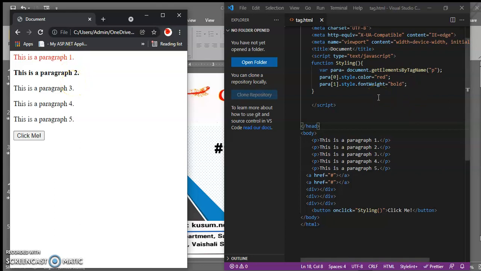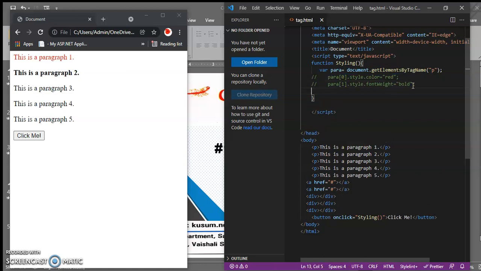In the same way you can access all the paragraphs and give properties for them. But suppose you have more than 50 or 100 paragraph tags and you have to perform a similar task on all of them. What you will do is create a for loop over the array index. So I will remove all this, Control K C to comment this, and use the for loop.